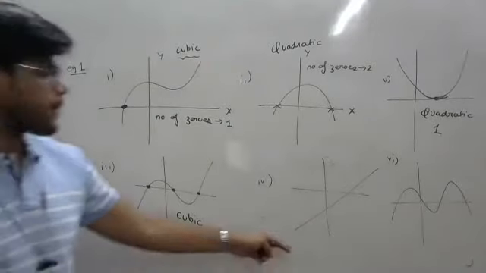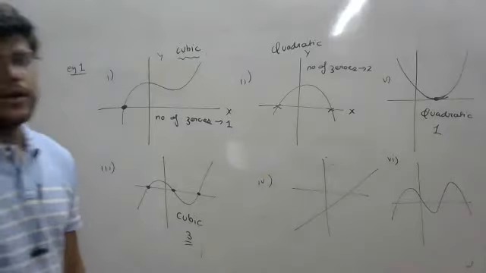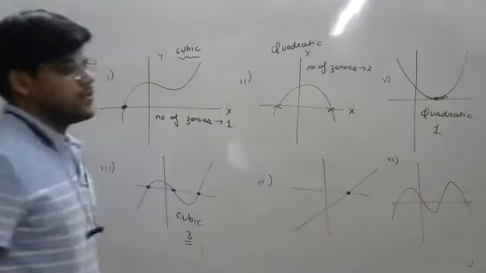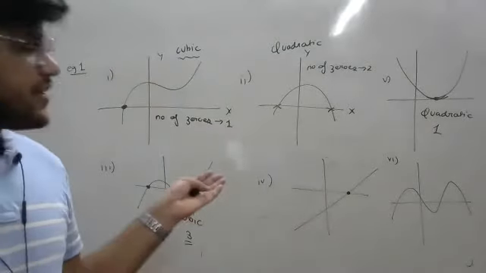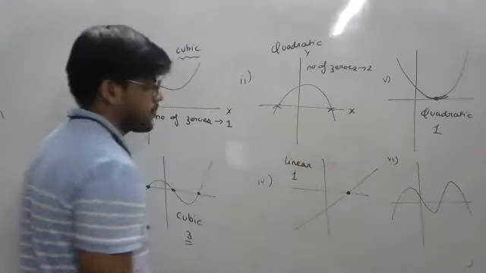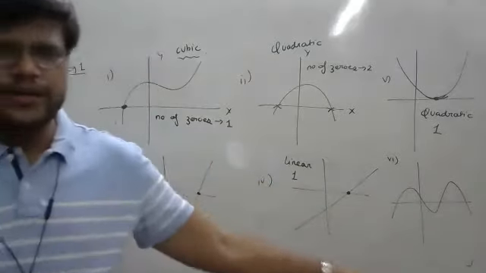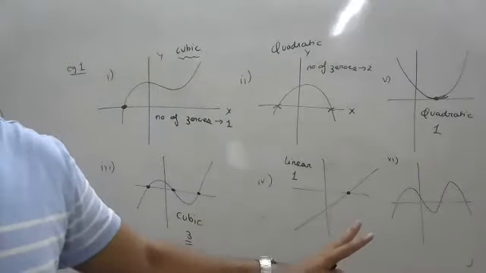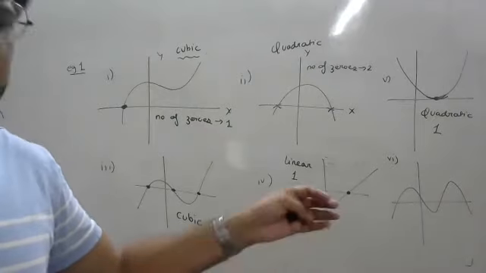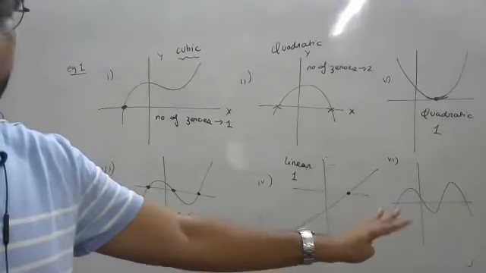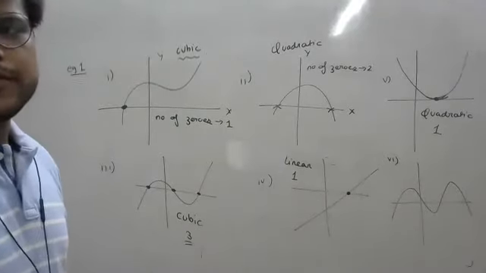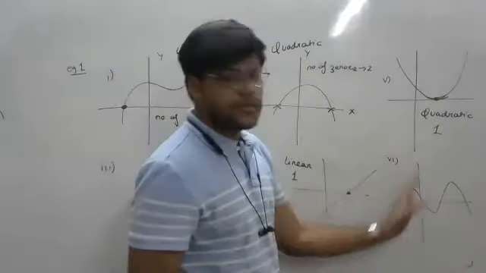Okay, this one? Linear. Linear with 1 zero. If you just check the number of times it is intersecting with the x-axis, it is linear and 1. Here, cubic? No, it's not. Biquadratic with 4 zeros. Either you can call it biquadratic or simply say polynomial with degree 4, because there are 3 curves. It is turning 3 times.